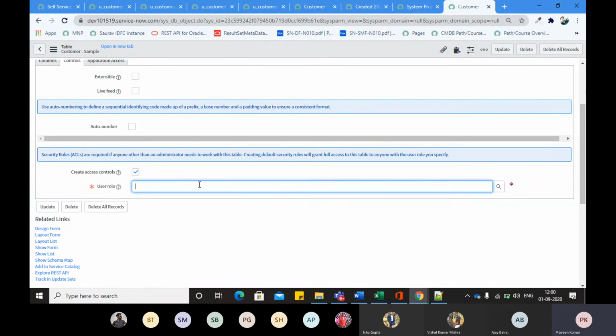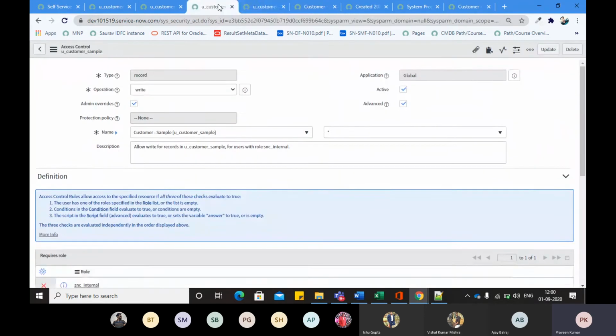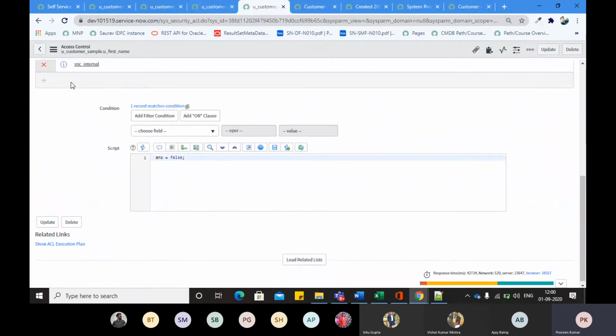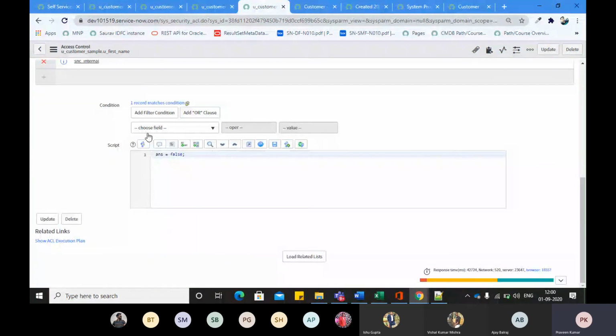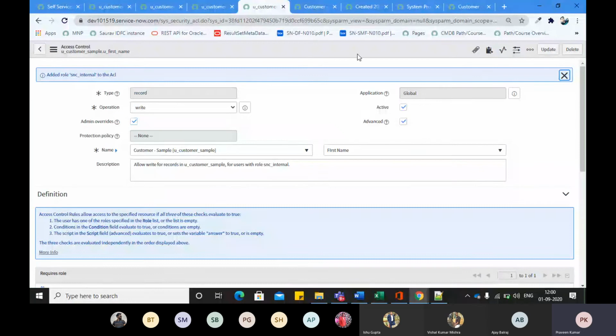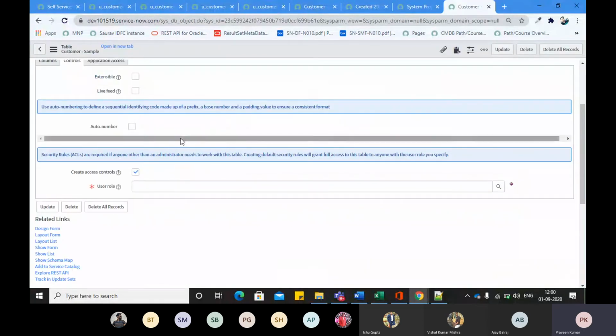It will create 4 default ACLs: create, read, update and delete. It will attach this particular role on every ACL. When your ACL engine works, it will see this role is here, and because there is no scripting and no condition, it will allow you. So these basic default ACLs are created using this checkbox.